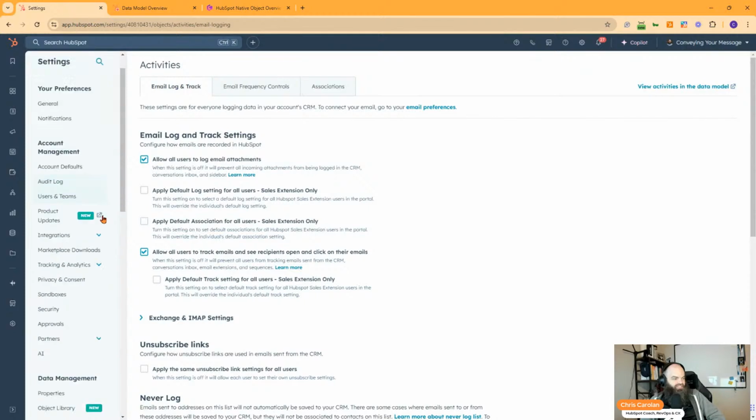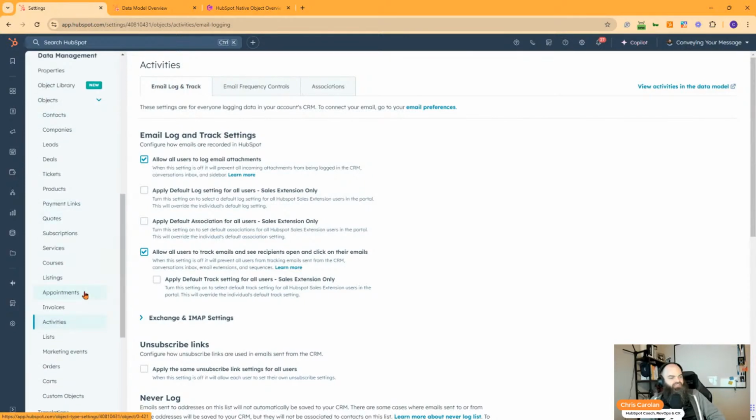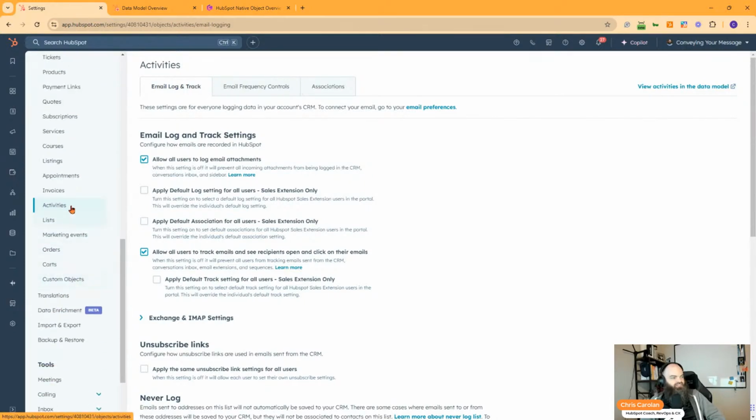And then we start to enter into the world of everything is an object, right? We've got activities. All of this stuff just over the last year has increased dramatically in terms of the settings management. Activities and lists, activities, lists,